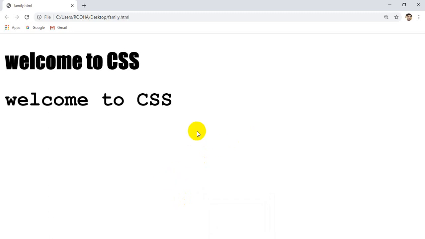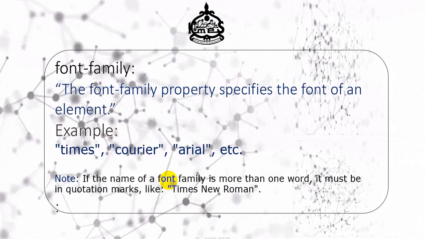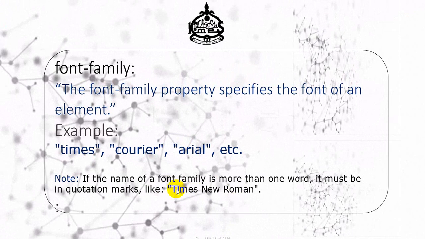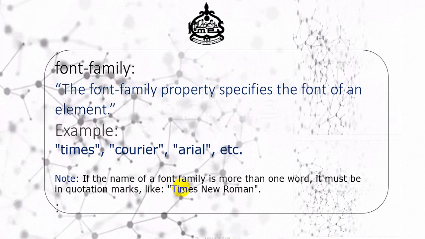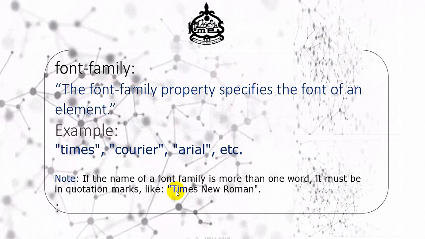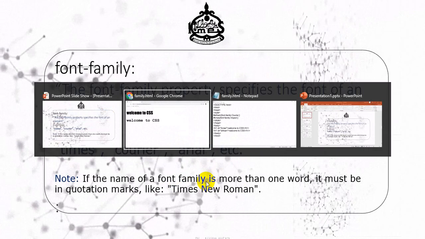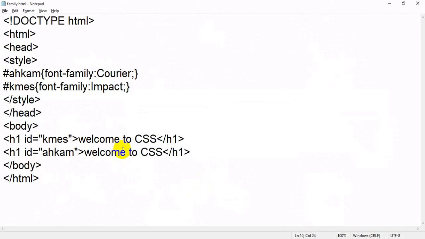I hope you understand what we have learned today, what I have discussed with you. That is font family, and we have a number of families we can use, but I have shown you two or three. So now it's your assignment. Use any other. I just want to show you this one. I forgot how to put double quotes if a name is more than one word. Sorry, I forgot. I am going back to my code.